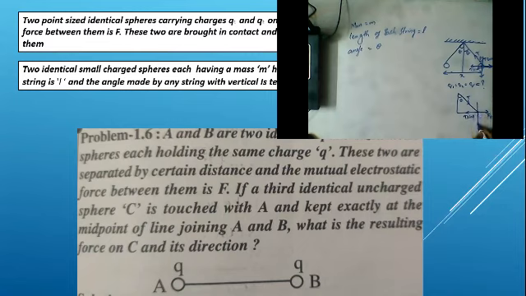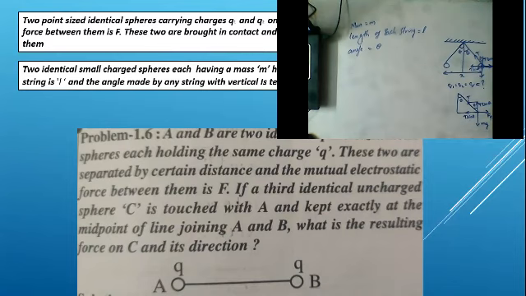So vertically downwards, the weight will act. To counter this force, the component is T cos theta. Sir, how did you take that? Here theta is there, and vertically opposite angles are the same, so here is also theta. Now it becomes a right angle triangle. The opposite side gives sin theta, and the adjacent side gives cos theta.